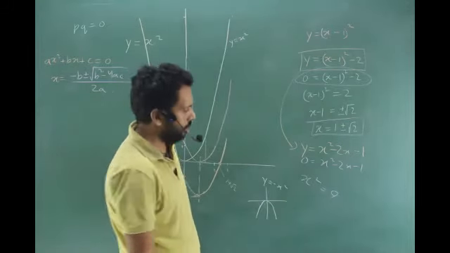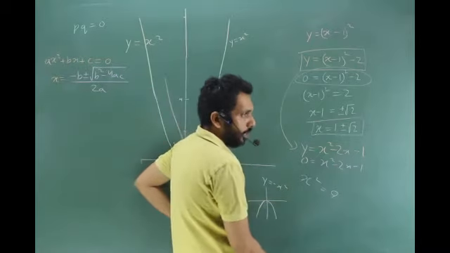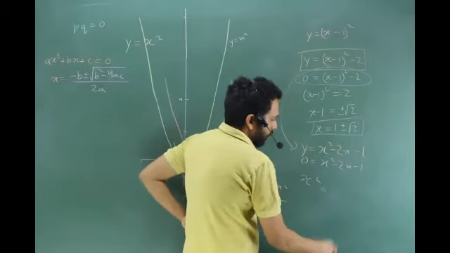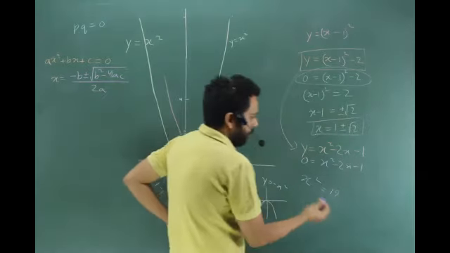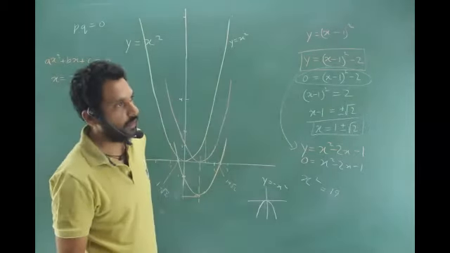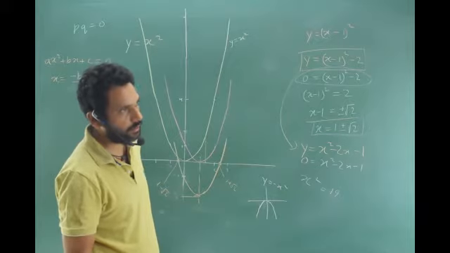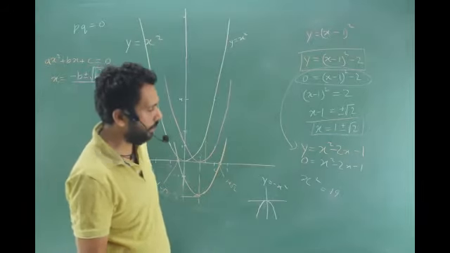Why? We can say x is equal to plus minus root 19, right? What is x square? Equal to 19. Easily solved. x is equal to plus minus root of 19. As easy as that.